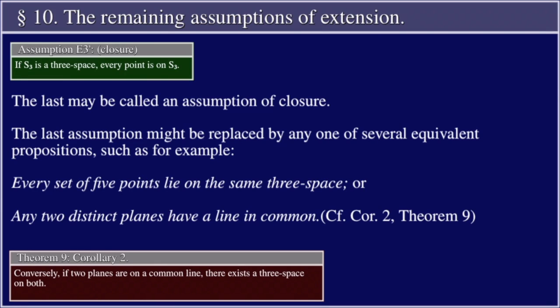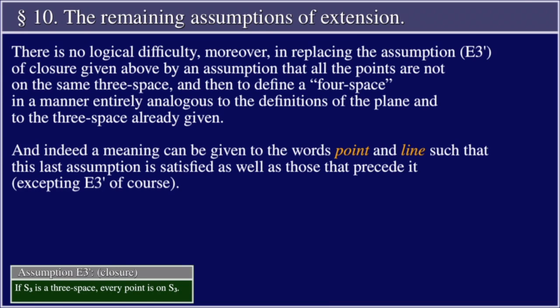The last assumption might be replaced by any one of several equivalent propositions, such as, for example, every set of 5 points lie on the same 3-space, or any 2 distinct planes have a line in common, chiefly Corollary 2 of Theorem 9. There is no logical difficulty, moreover, in replacing the assumption E3 prime of closure given above by